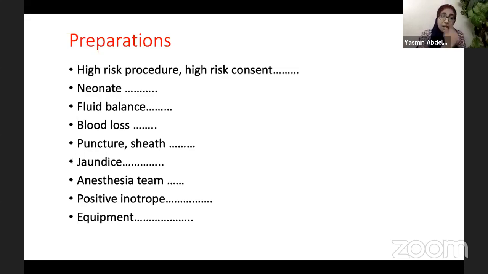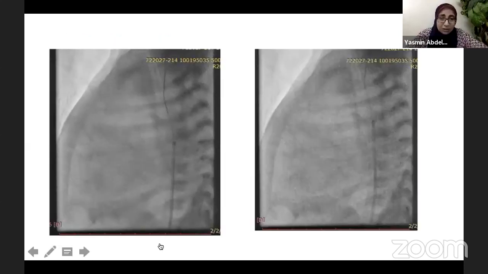We should take care of blood loss, especially during the puncture. It will not be easy in such a small baby with aortic coarctation. Of course, an anesthesia team should be prepared with positive inotropes, and we should be prepared with our equipment. This was his